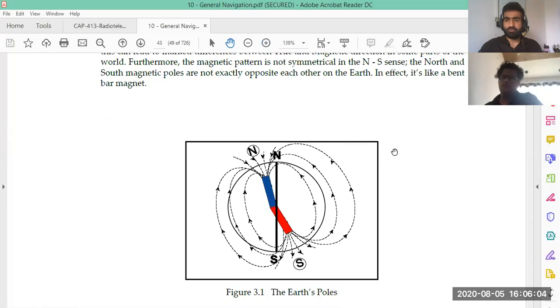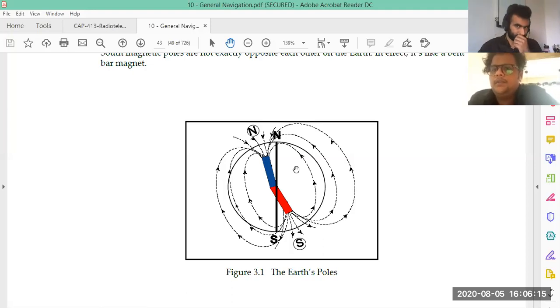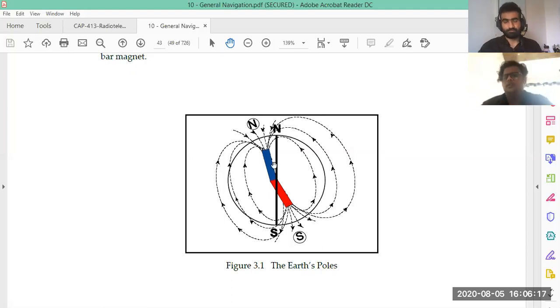Can you see the screen? Yes, sir. What do you see on the screen? So there are Earth's poles, the true poles, that are true north and true south, and after that there are the magnetic north and magnetic south. And so, what is this? The arrows. Do you see the arrows they have shown are in an opposite direction?